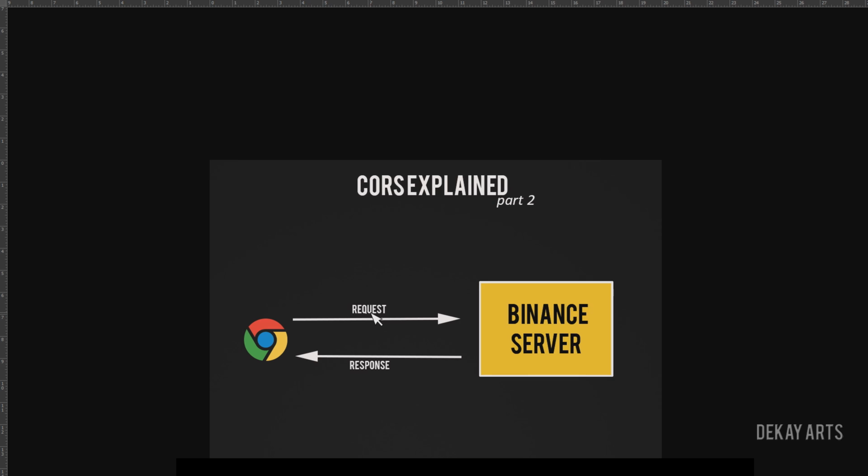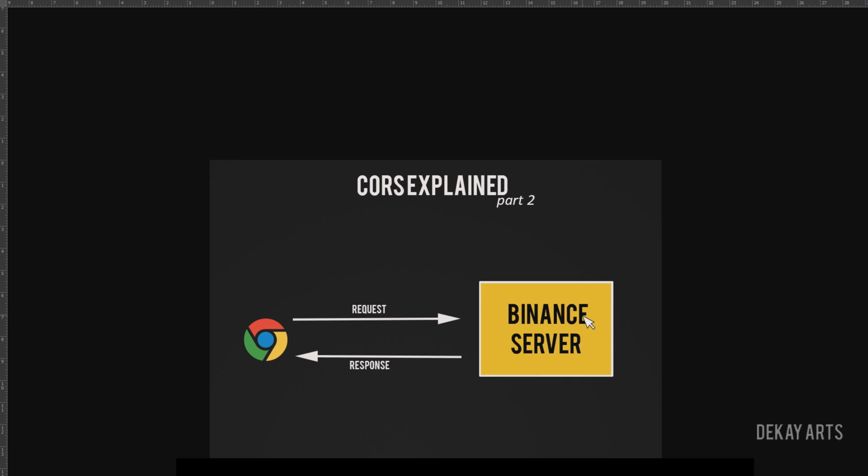One of the reasons for making this video is that someone posted a comment on that one asking, why can't we just add the response header in the code itself? We can't do that, because whatever headers we add in the client-side code are added on the request, and we cannot add any headers directly on the response, because the response comes from the Binance server directly. So if we have to do anything, we have to do it directly on the Binance side.